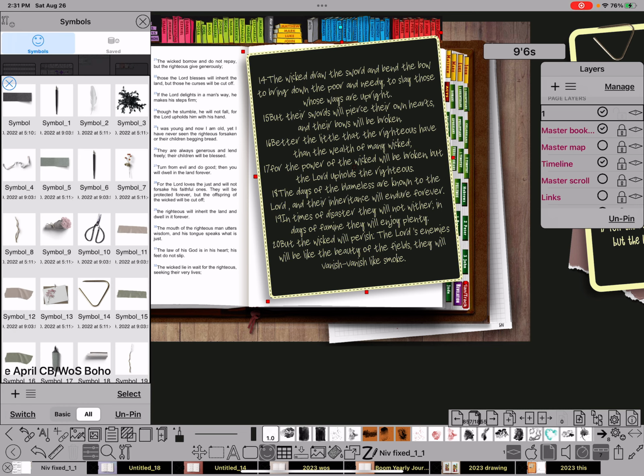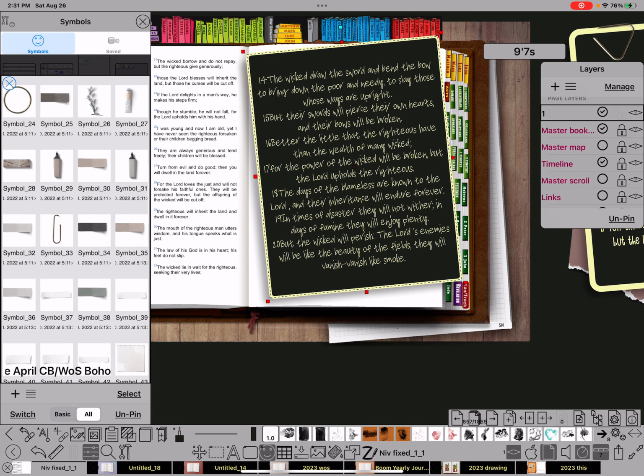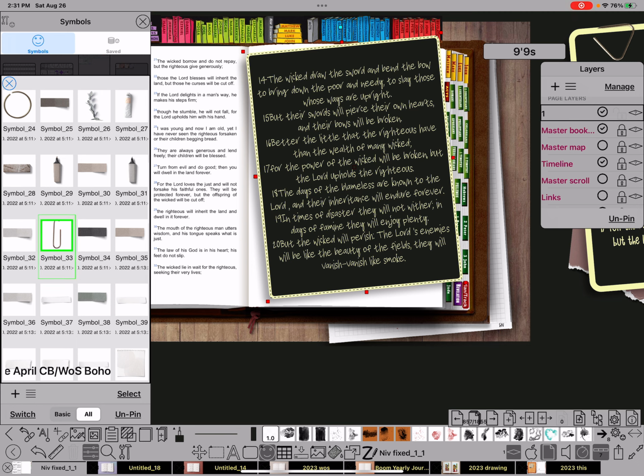See here, let's just do this one this time. Just tap on it and then put it so that it looks like I've paper clipped that into my Bible. Now I also